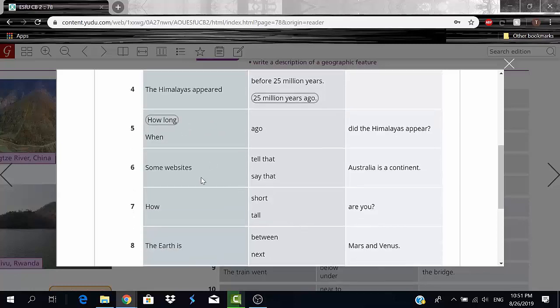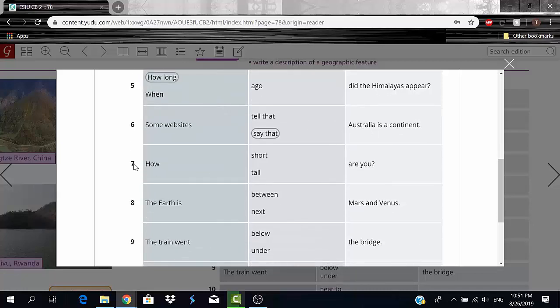Here we have some websites say that Australia is a continent. Not tell that. I can't say some websites tell that Australia is a continent. It's say that. Okay? We have number 7. It's how tall are you? Okay? How tall are you?